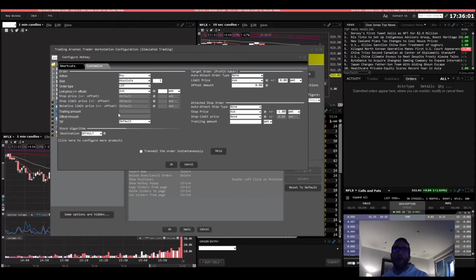Tesla has a lot of momentum and it's moving fast. If I create an order that just gets me in on the ask, then my order might get skipped, because if it's moving really fast, it's not as likely to get filled. So I'm going to create an order to get filled 3 cents above the ask. And you can do 1 cent, 2 cents, whatever, but I'm willing to pay up to $3 more